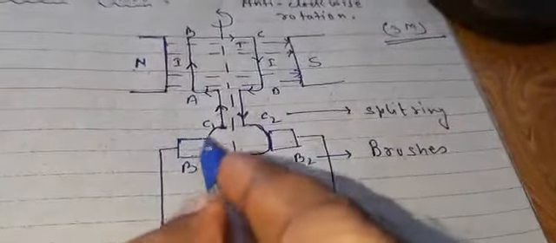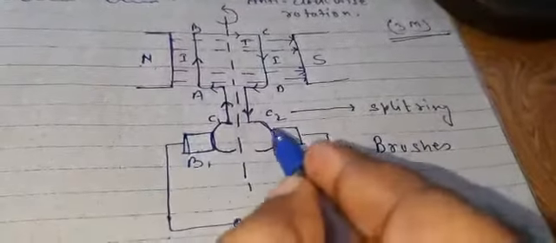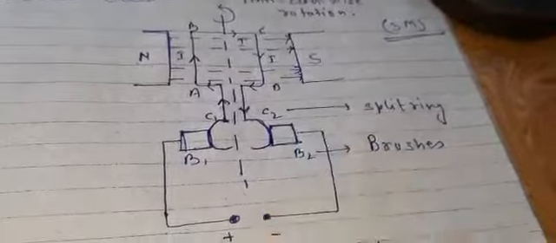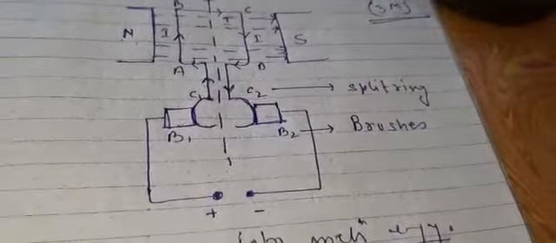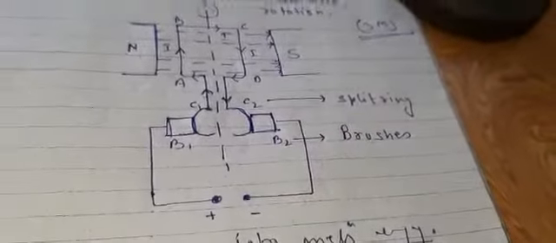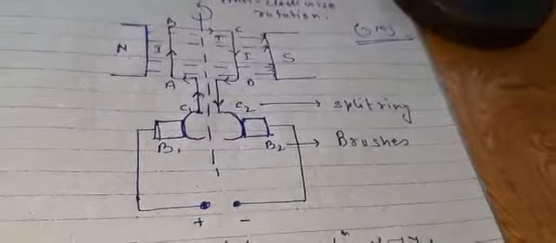Now enter into the fourth part. What is that fourth part? The fourth part is the carbon brushes. Carbon brushes, right? These carbon brushes right there, B1 and B2. This structure belongs to the carbon brushes, right? Why are we using the carbon brushes? I will explain when we enter into the working, right?